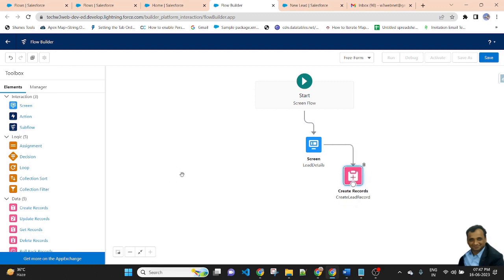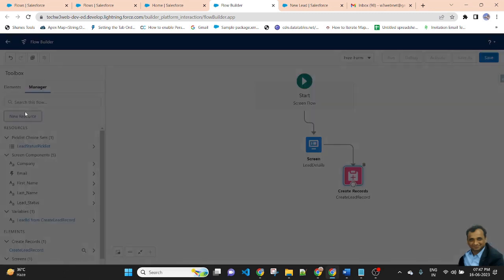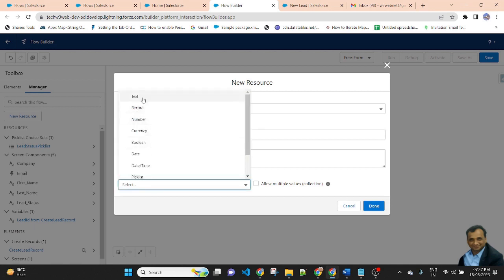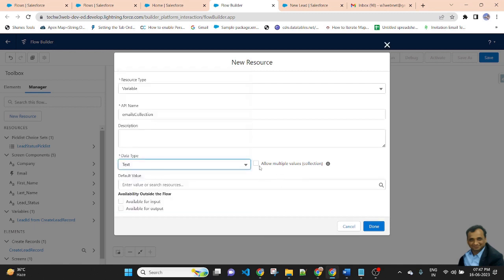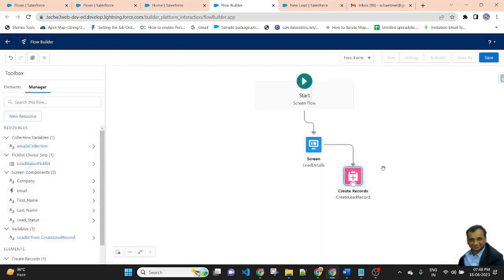After that, I need to create a variable to store the email ID. New resource, variable, email collection. Data type text, and check the allow multiple values box, since I am storing multiple emails in this variable.